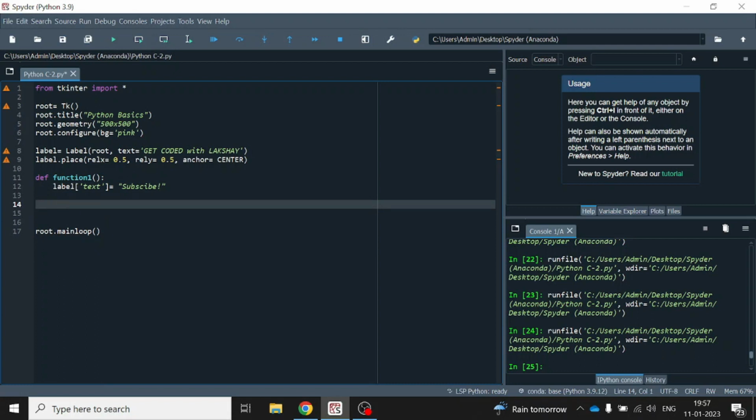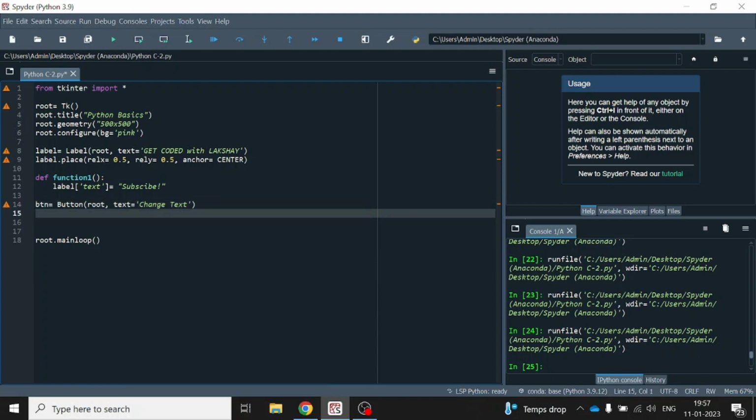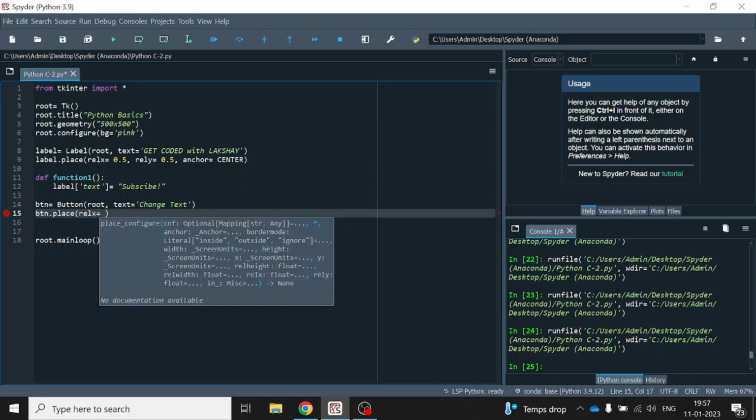So to execute this function, we will be defining a button. So to make a button, we will do the same thing. We will make a variable and I will be giving the variable name as btn. Instead of Label, we will be writing Button with capital B. Again the root, the text as "change text", and the btn.place, relx is equal to 0.5